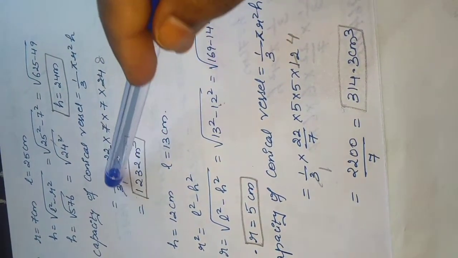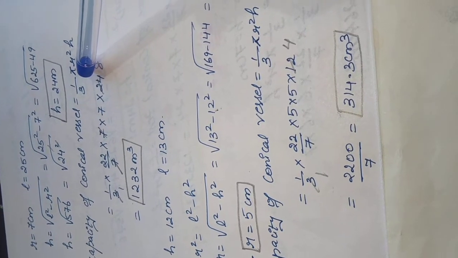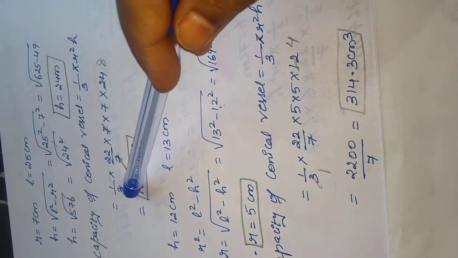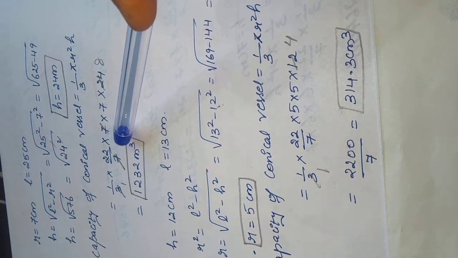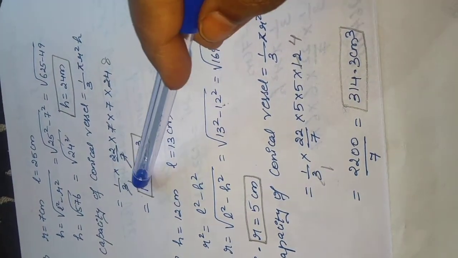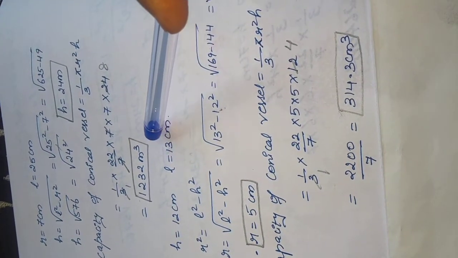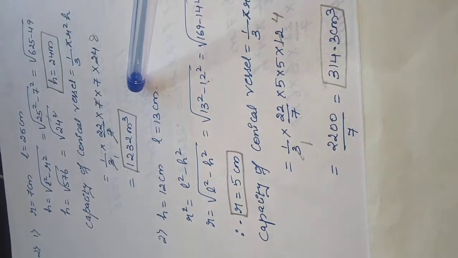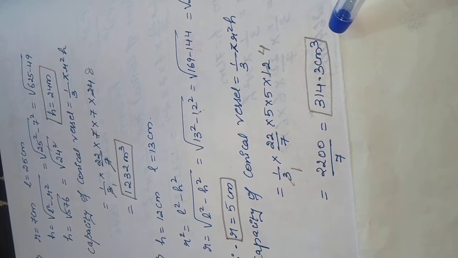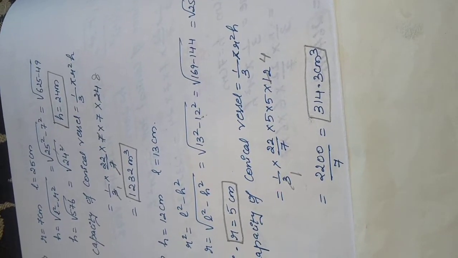Now capacity of the conical vessel, I know the formula. Capacity is nothing but volume only, children. Don't get confused here. 1 by 3 pi R square H. Substitute the values now. 22 by 7, 7 into 7, 24. Cancel 7, 7. 3 1s are, 3 8s are 24. Remaining numbers when you multiply, you will get 1232 meter cube. This is your first answer for your second main. Second answer is 314.3 centimeter cube. If you have doubt, you can just take a snap and copy down.